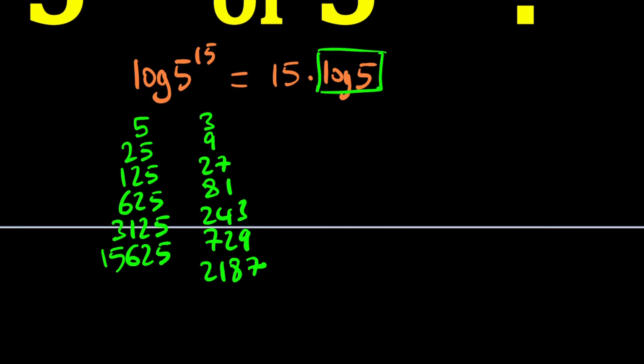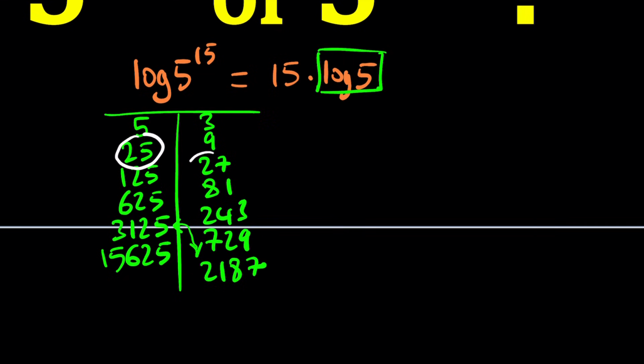Notice that these numbers are kind of close. One of them is like 3,000, the other one is 2,000, but not ideal. They're not that close. We are looking for two numbers that are really close. And they can't be 5 and 3, of course. They are close, but it's not going to help us. We need bigger powers. If you look at these two lists, or table, whatever you want to call it, then you're going to realize that